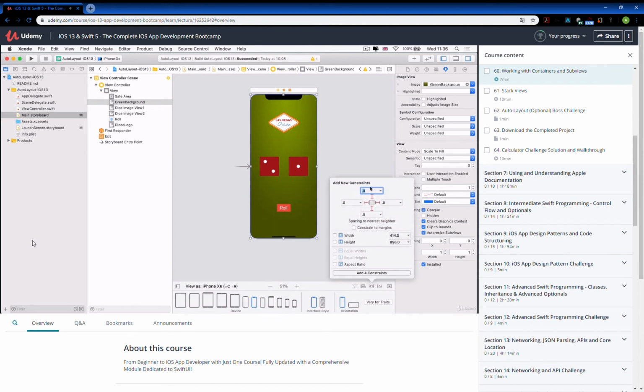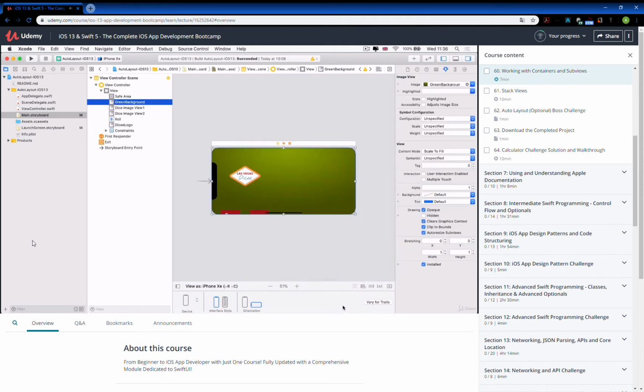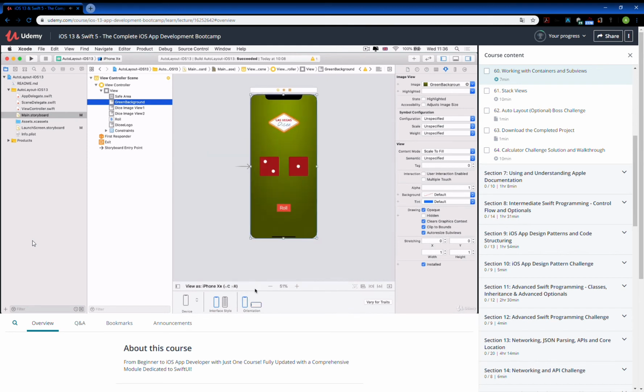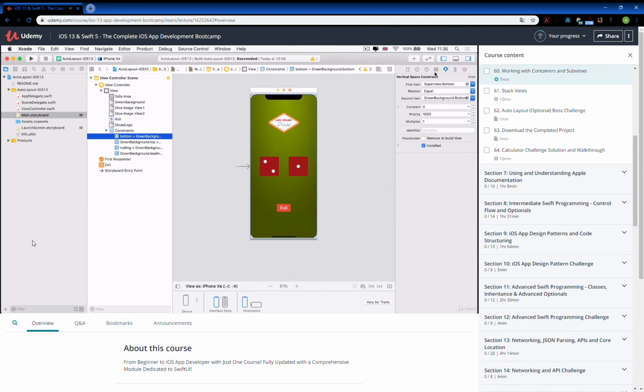And now we've got 0 from all four sides of the super view here. And now we can add our constraints and we can check in landscape as well as portrait. And also we can inspect our constraints in more detail by clicking on it and looking at the attribute inspector. So that's pretty easy, but the next part gets harder